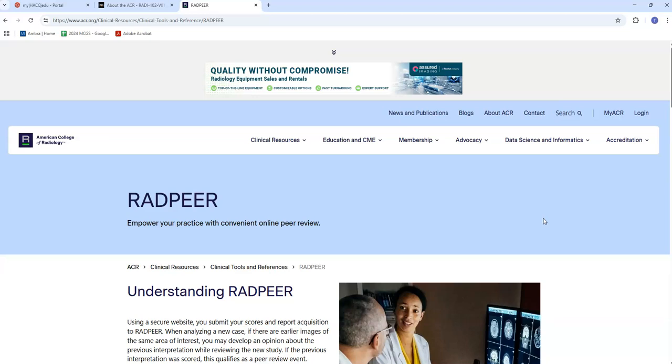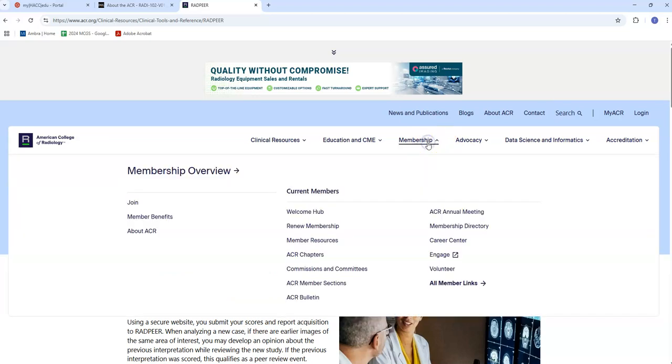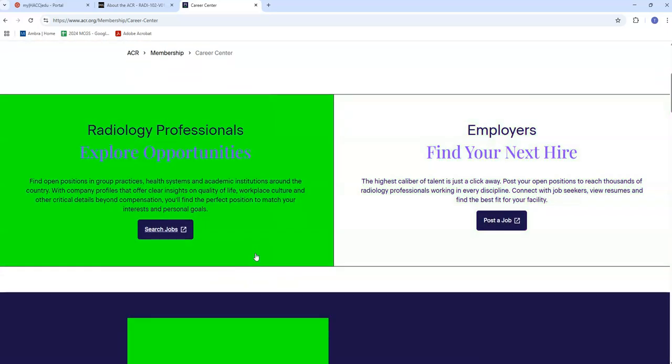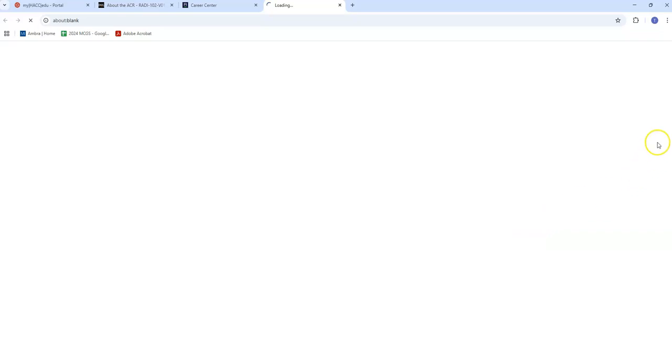And so that's one example of where, even though this website is for radiologists, you will end up working with it. And just for fun, I want to do one more thing and see if they have some jobs. Let's just look at some jobs for radiology. I wonder if it's under membership. Yeah, Career Center. All right, now keep in mind this is for radiologists. So you may see some eye-popping numbers here. Again, this is not for us, this is for radiologists. So let's see what jobs are out there for radiologists right now.